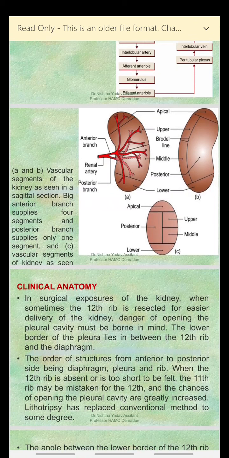Pyelonephritis is the inflammation of the kidney due to some specific bacteria, especially gram-negative bacteria such as Klebsiella. And then tuberculosis can occur in the kidney, and tumors can occur in the kidney. So these are the disorders which happen in the kidney. And some congenital disorders are there. Bifid pelvis, where the pelvis and ureter can divide. Horseshoe shaped kidney, where the lower poles of the kidney become fused together. And then the ectopic kidney, where the kidney can be anywhere other than on either side of the vertebral column.